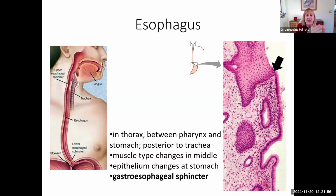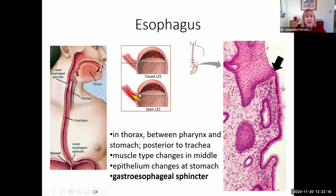So this is called the gastroesophageal sphincter, not the esophagogastric sphincter, because the point is not to prevent food from the esophagus from going into the stomach, but to prevent what's in the stomach, gastro, from going back up into the esophagus. Because if you look at what happens, this part of the stomach is actually higher than the lower part of the esophagus. See, the esophagus goes to here, and part of the stomach is actually higher,